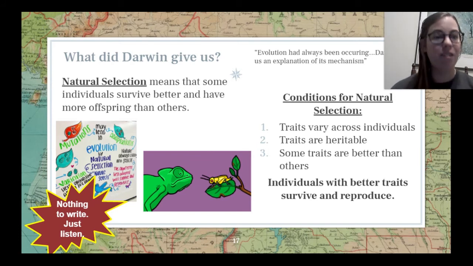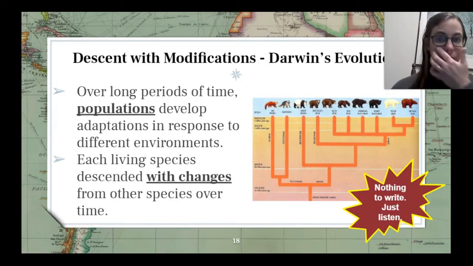Some traits are better than others. If you are a turtle who has the tiniest shell in the world, that's not going to protect you from predators on your island. If you are a turtle who has a bigger shell, that is going to protect you from predators on an island. That's a better trait to have. So that individual is going to survive because it's protected. Therefore, that individual is going to reproduce, which means that individual is passing on the trait for larger shells. What this means is that over long periods of time,